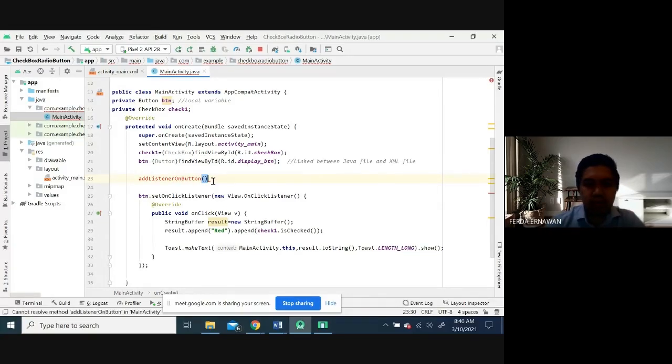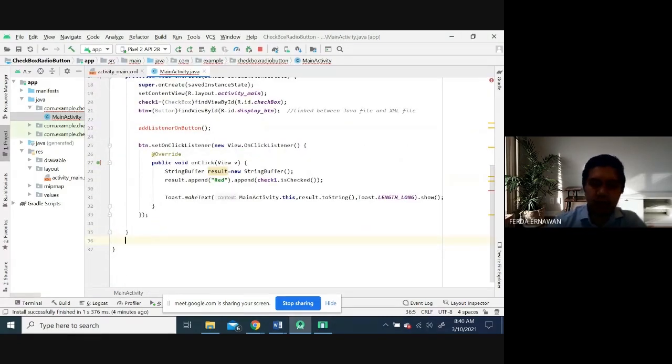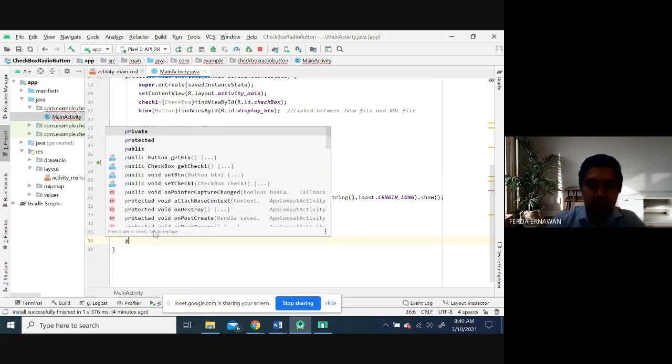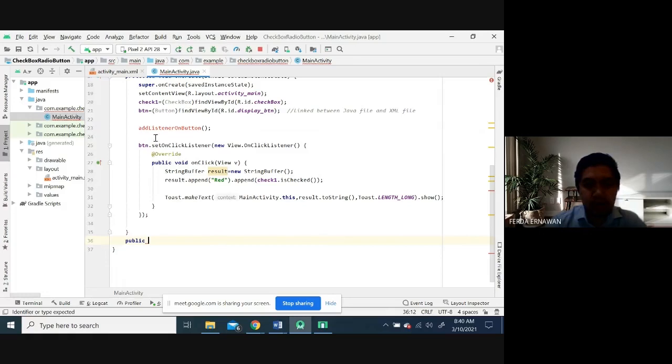One button, semicolon. I open a new file. I make it public so all classes can access it. Public button. This is how to create a function.